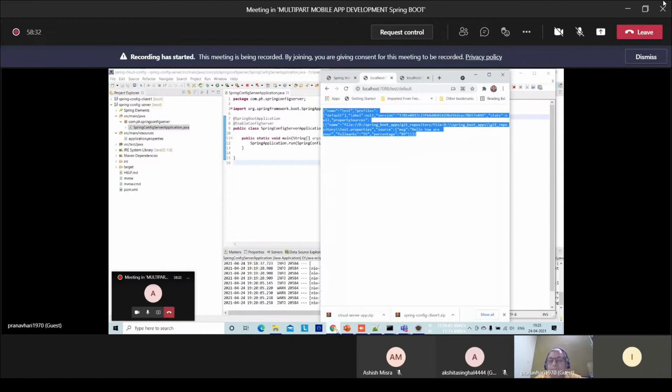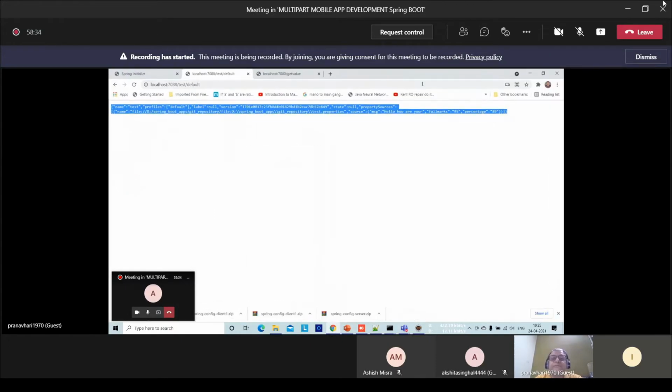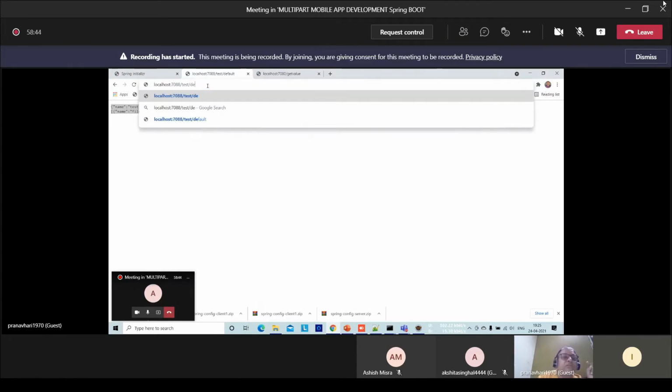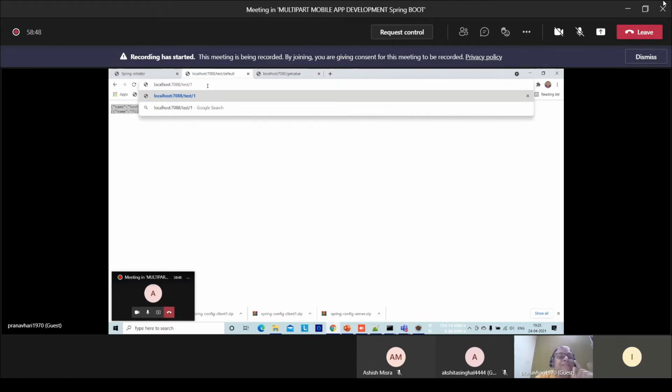Go to the browser. Now here, what is the file name? Remember, test-1. So instead of default, you have to write 1. See, this is the syntax you have to understand.